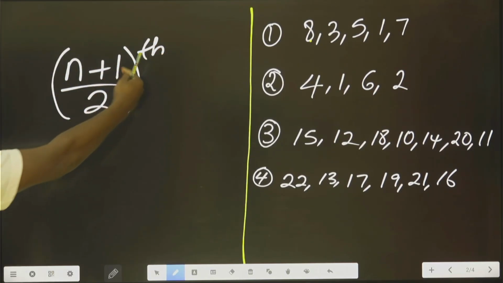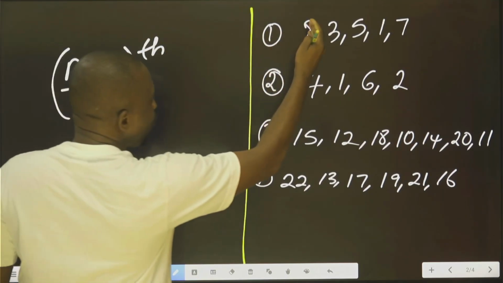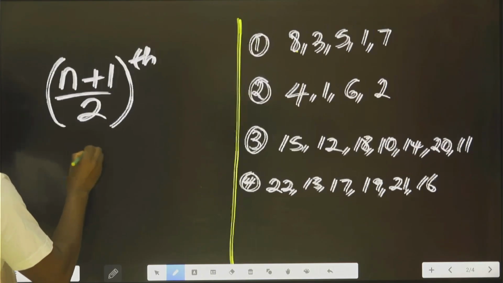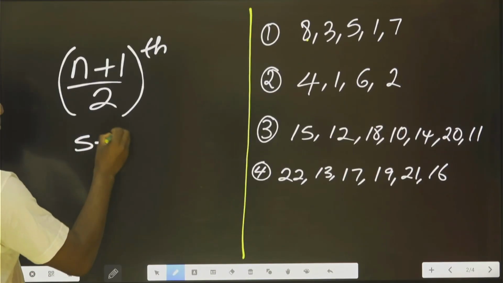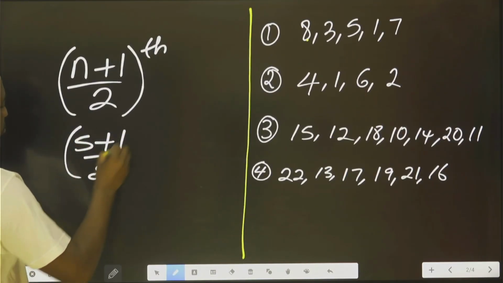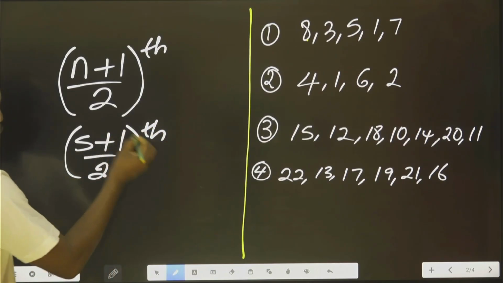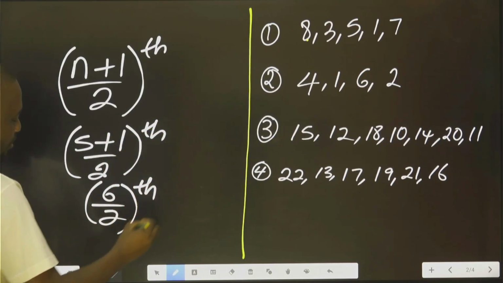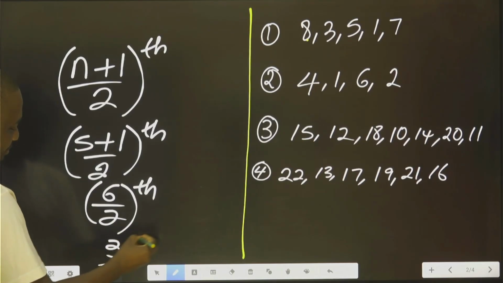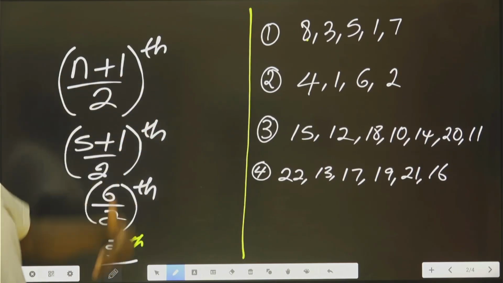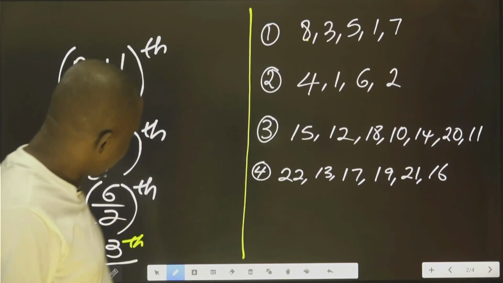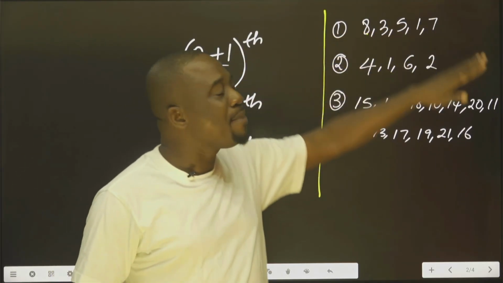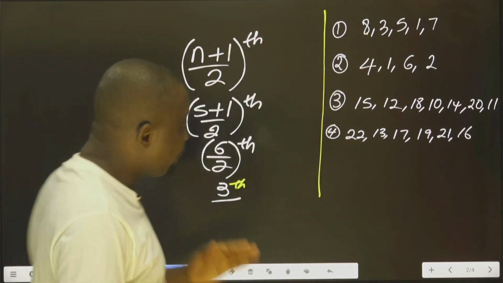That is this position. 1, 2, 3, 4, 5. There are 5, right? 5 plus 1 over 2. That is 6 over 2. That is 3. The third number. So what you need to do now is you arrange them in ascending order from the smallest